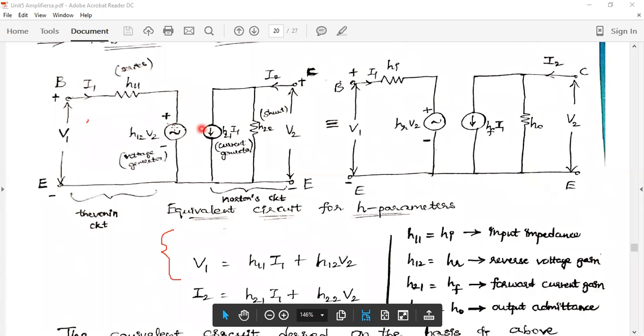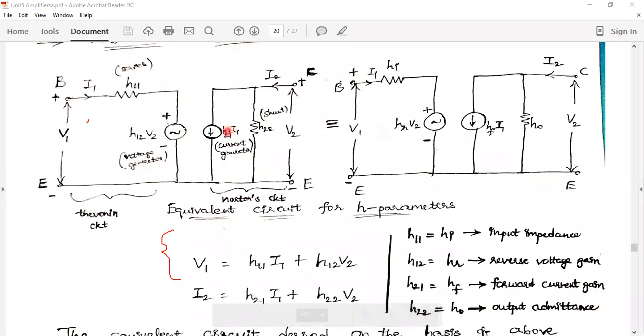In this way, I am going to replace H11 with HI, H12 with HR, H21 with HF,